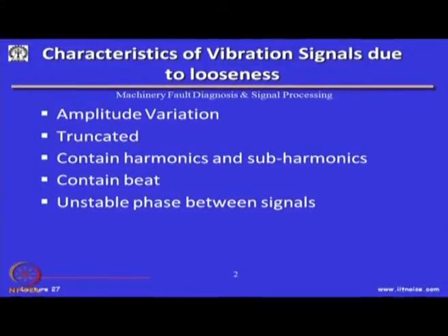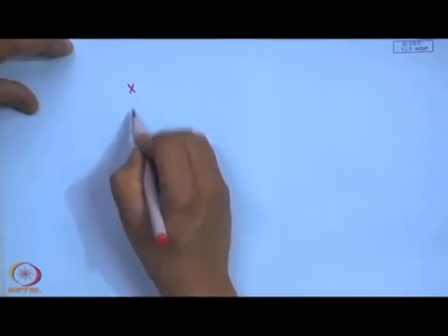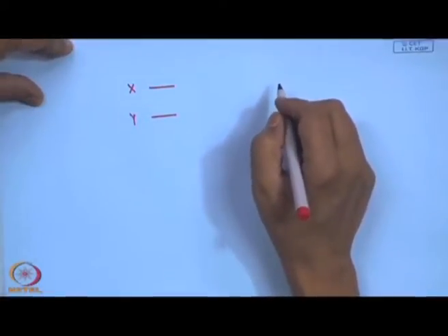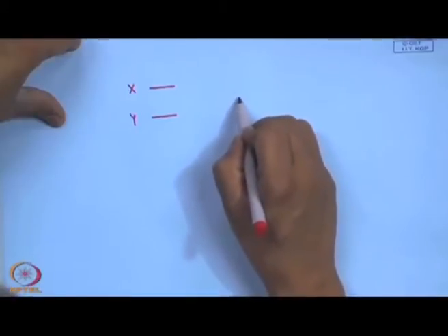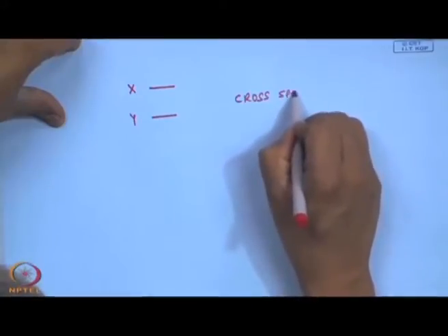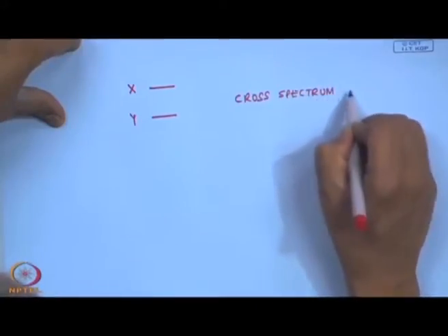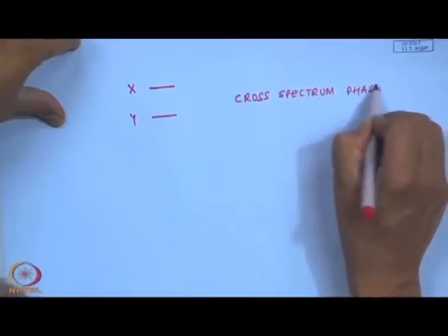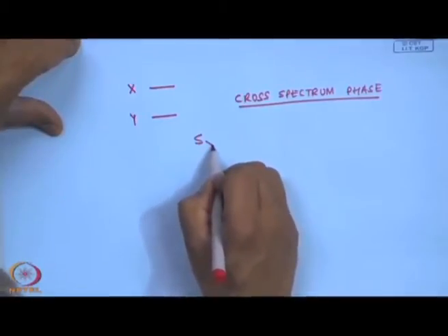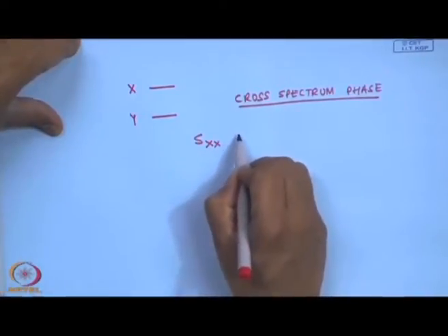when you do signal analysis, there is an unstable phase between signals. Now, what do you mean by unstable phase between signals? When I talk about two signals x and y, how do I find out the phase of these two signals? What I can do is there is a process known as the cross spectrum phase. So, in an FFT analyzer, I can always find out the auto spectrum Sxx,